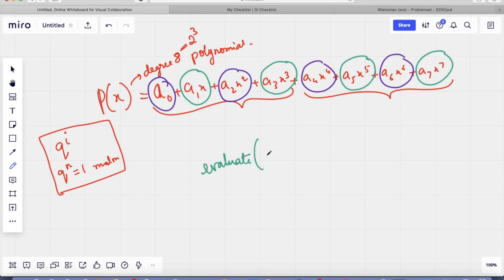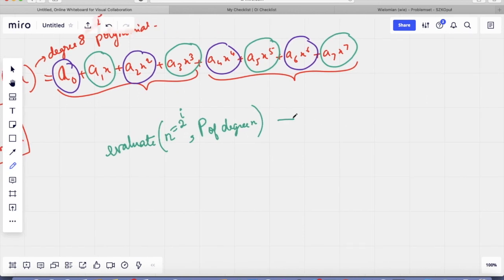Evaluate takes in n, where n is a power of 2. It takes in the polynomial of degree n, and it returns an array, let's say A, where A[i] means we have evaluated the polynomial P at q^i, and i basically varies from 0